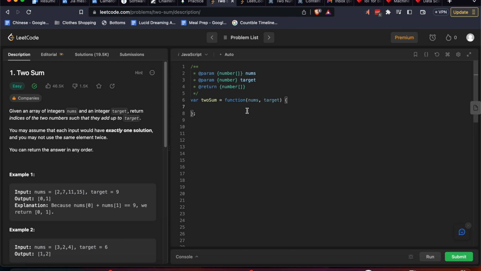All right, so let's start with the brute force approach in JavaScript. We're going to start off with a for loop where we let i equal 0 while i is less than the length of nums, so nums.length minus 1. And the reason we have a minus 1 here is because